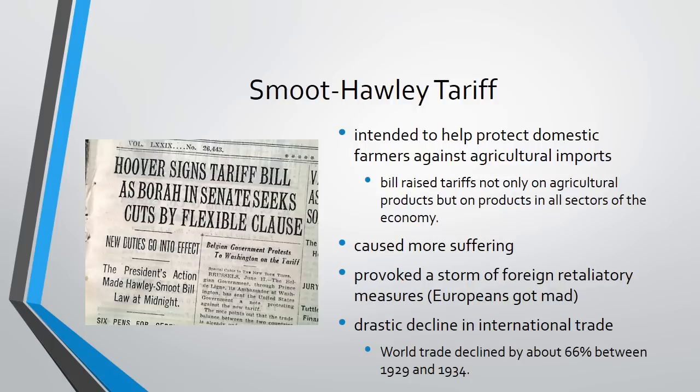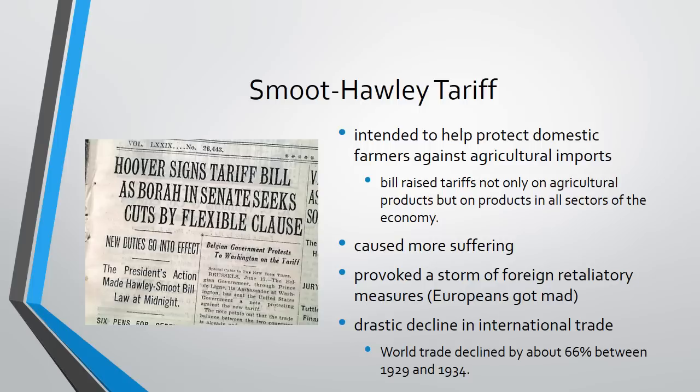The Smoot-Hawley Tariff was more a consequence of the Great Depression than an initial cause. However, its passage did not help end the Great Depression, and in fact it caused more suffering. It provoked a storm of foreign retaliatory measures. This contributed to a drastic decline in international trade. For example, U.S. imports